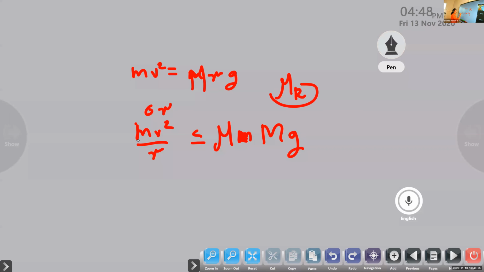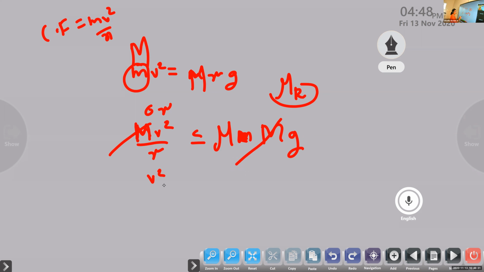And another step we can do is, here also mass is capital M. So this is centripetal force, the main equation is mv squared by r, that is small m, but in this we are used to capital M. So you can interchange that small m into capital M. So this m and this m got cancelled. So now we are only remaining with v squared by r less than or equal to mu g.